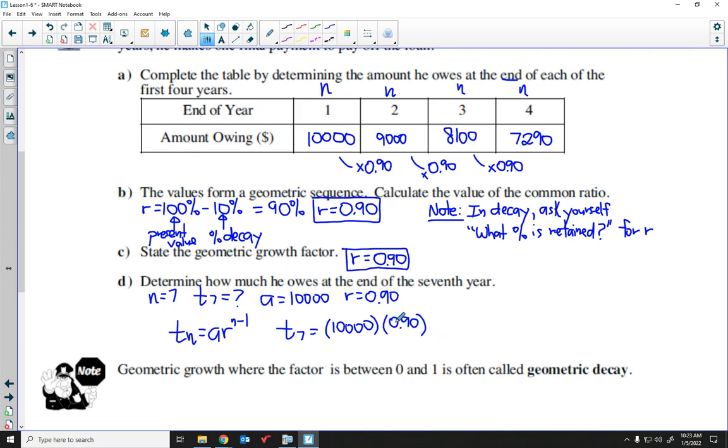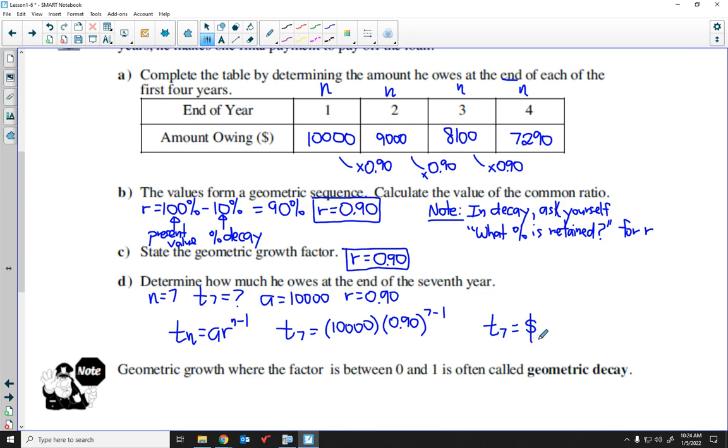If your R value is between 0 and 1, it's going to make the term value start to go down. If the R value is bigger than 1, it's going to make it go up like it did in the previous example. So this would be 0.90 to the power of 7 minus 1. And again, if you want, you can plug that into your calculator in one step. Just make sure you place some brackets and follow the order of operations. This would end up giving you,